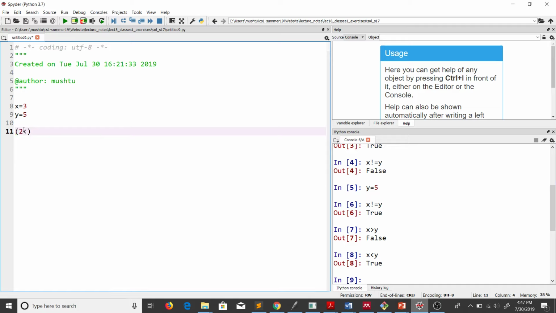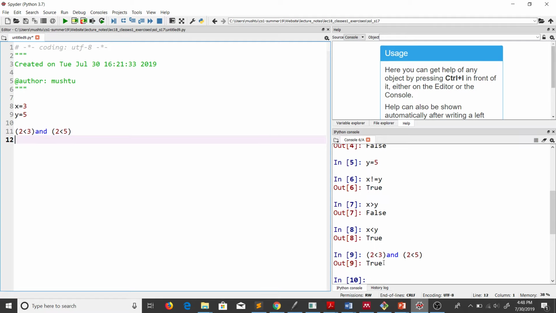Let's consider this expression. I know that 2 is less than 3, right? And I'm trying to find an AND between that and 2 less than 5. So both are true, right? This is P for me and this is Q, and I'm trying to find an AND. As you can see, the outcome on the right hand side is true,